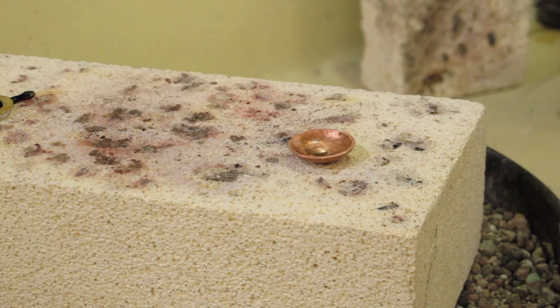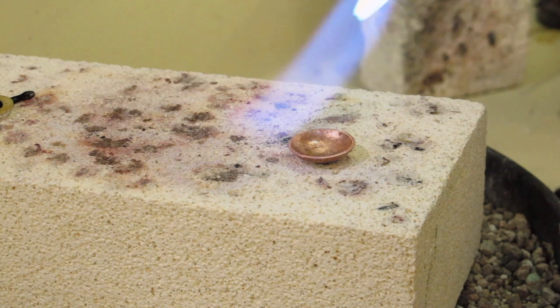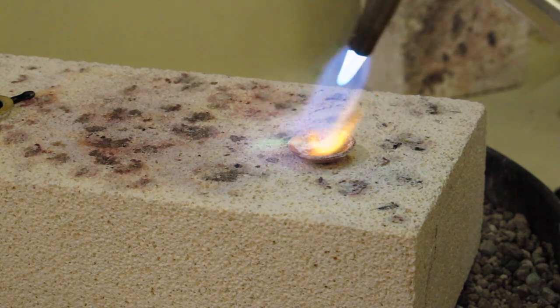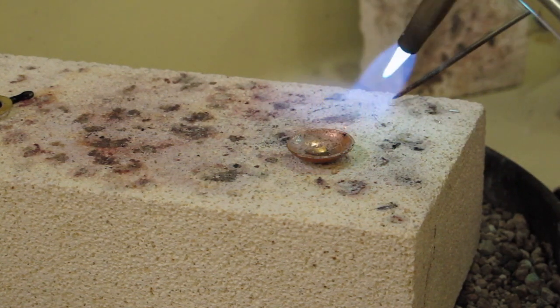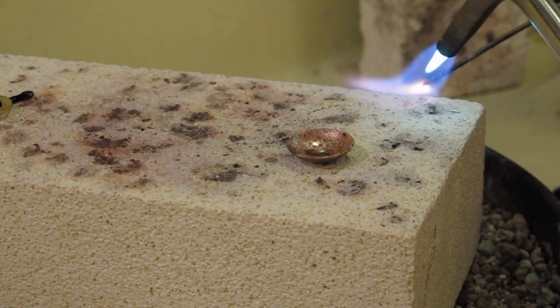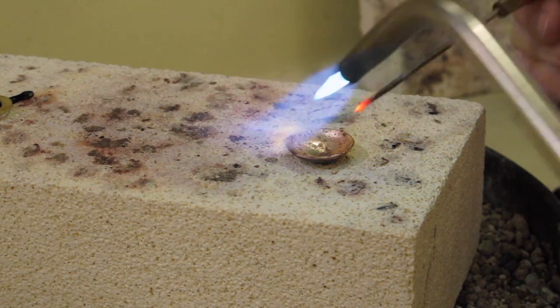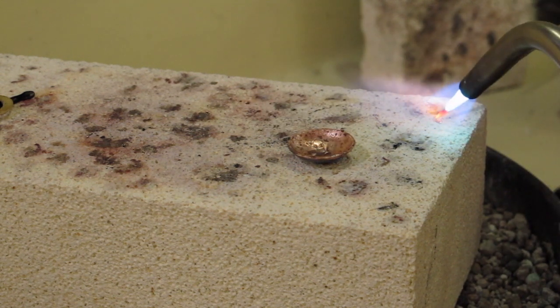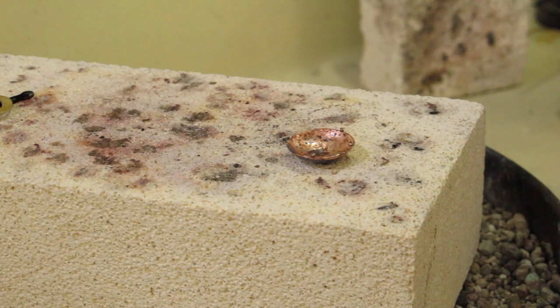So I have a dome with some flux on it here, and then I have a disc also with some flux on it, and I have some little pallions of hard solder here that I'm going to pick solder onto the dome. So the first thing I do is I just get my dome nice and hot, and then I'm going to come over with my solder poker and ball that up, put it on the edge, ball that up, put it on the edge. And so now that I have those ready,